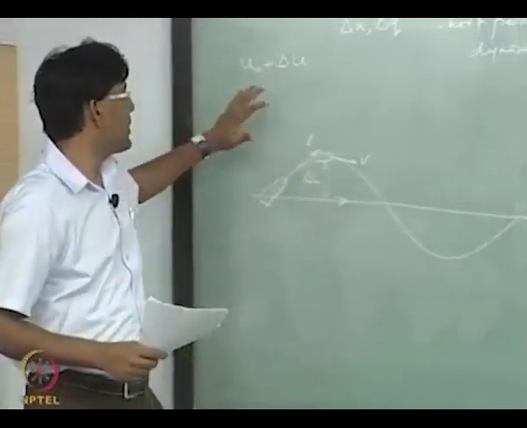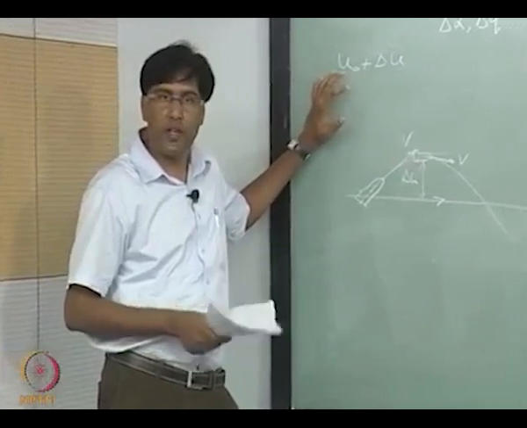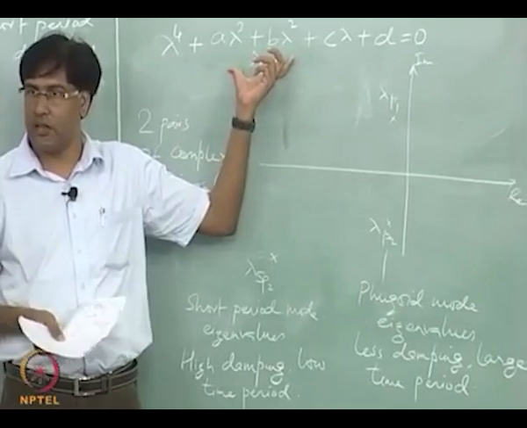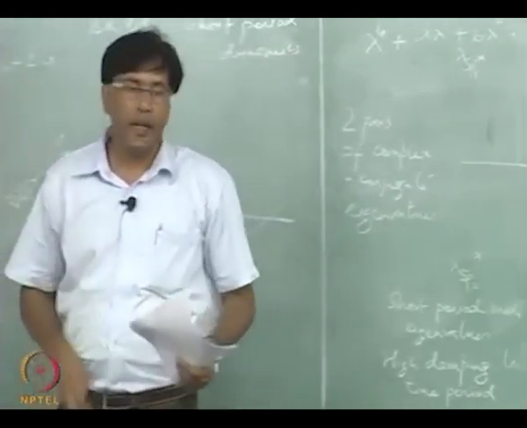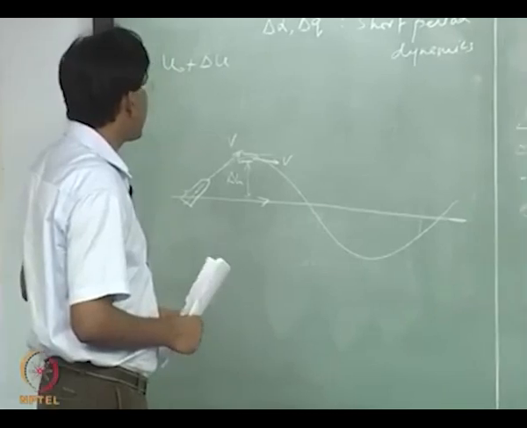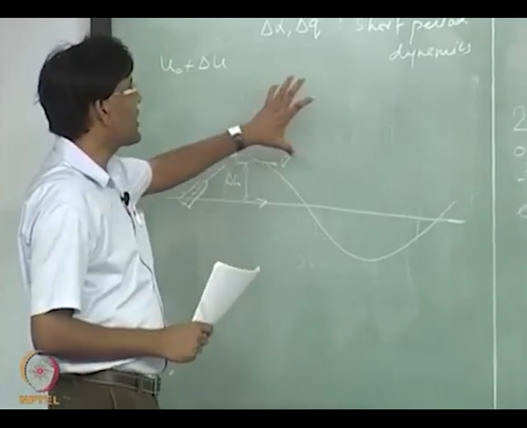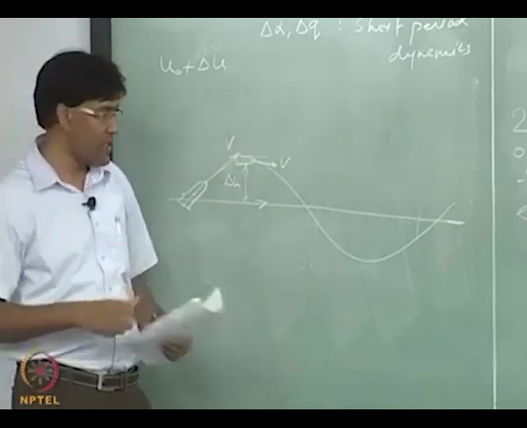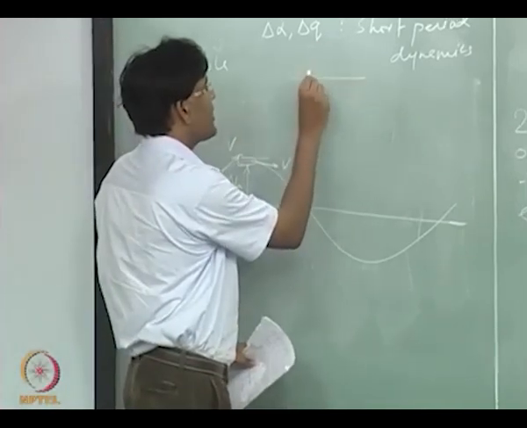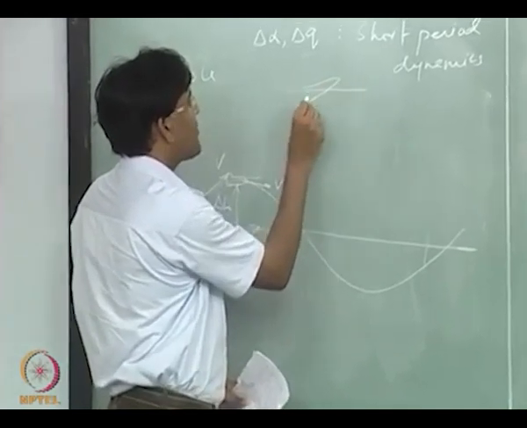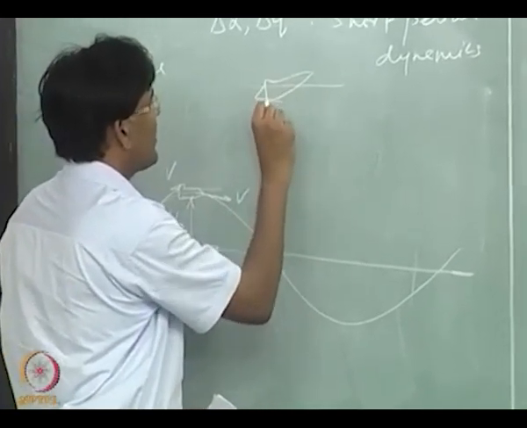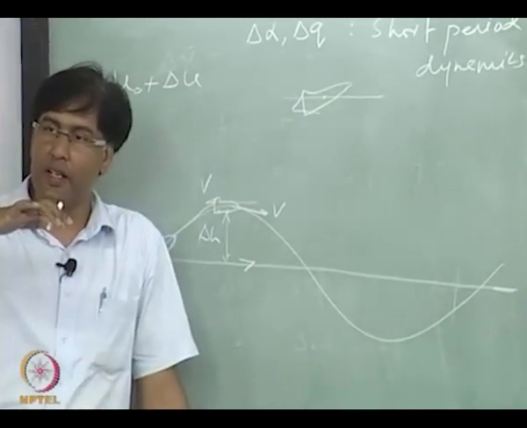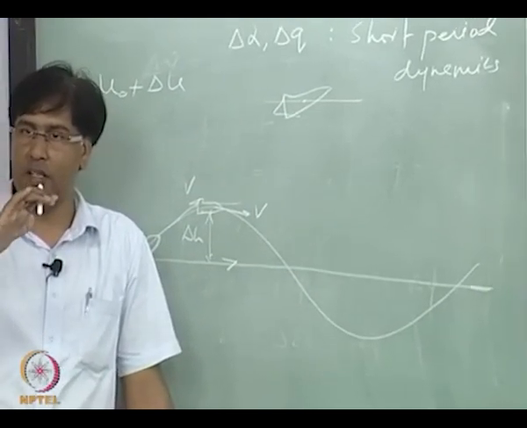Now based on these assumptions, it was further possible to break this into two second order equations, right. So what I am going to do is, we are going to look at two different types of motion. One is this and the other one is this, where the aircraft is only pitching up and down around a point, right. So you are in flight and you start doing this, and that motion is so fast